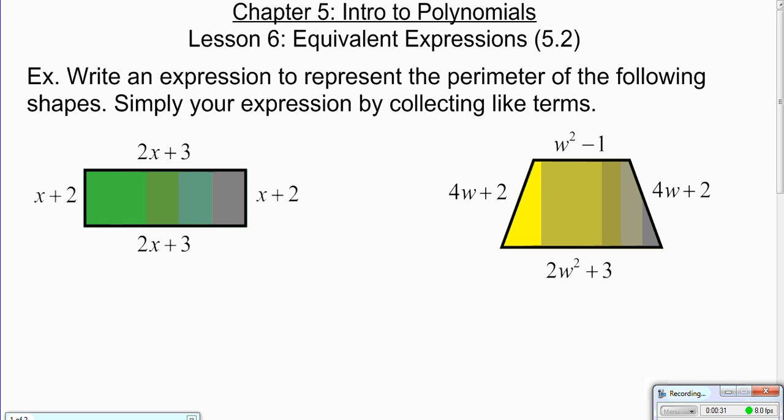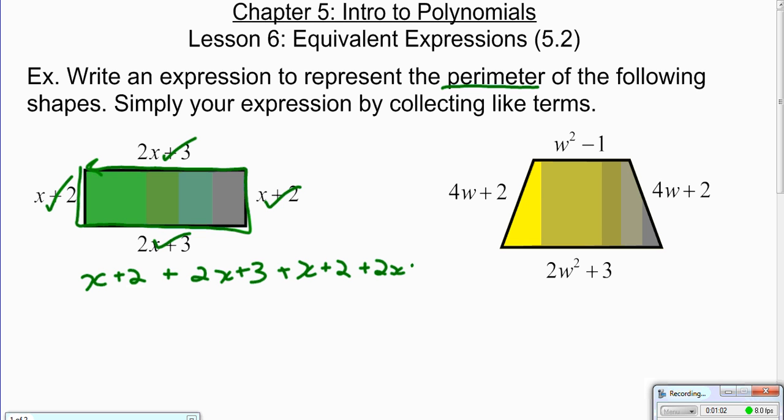So just to start, we're going to do a couple examples where it says, write an expression to represent the perimeter of the following shapes. And then we're going to simplify by collecting like terms. So remember that perimeter means if you walked around the outside edges, how far do you travel? So it's going to be each side added up. Okay? So we can go x plus 2 plus 2x plus 3 plus x plus 2